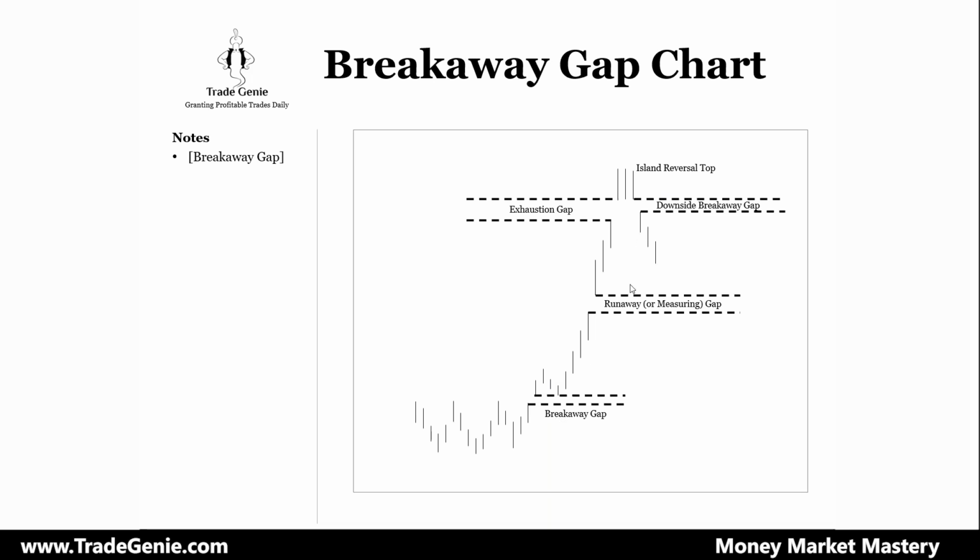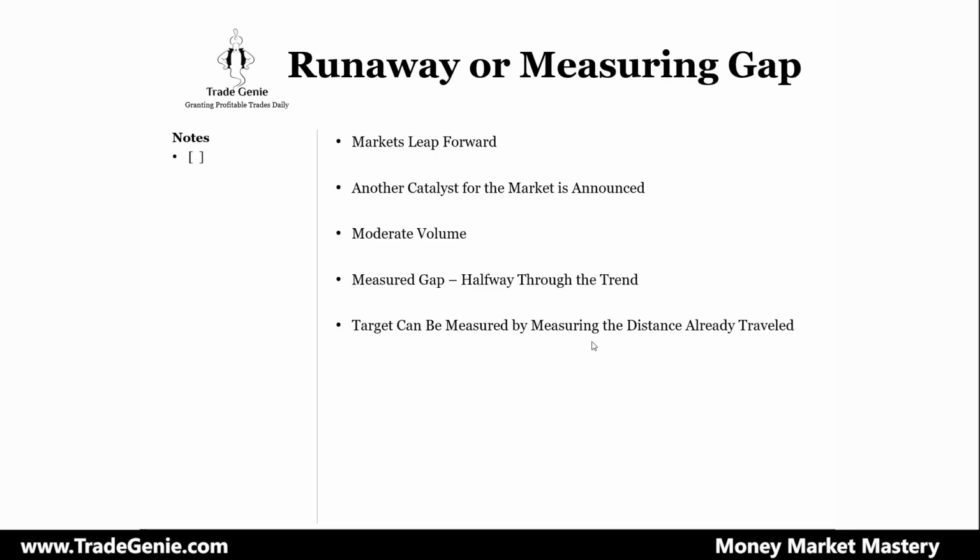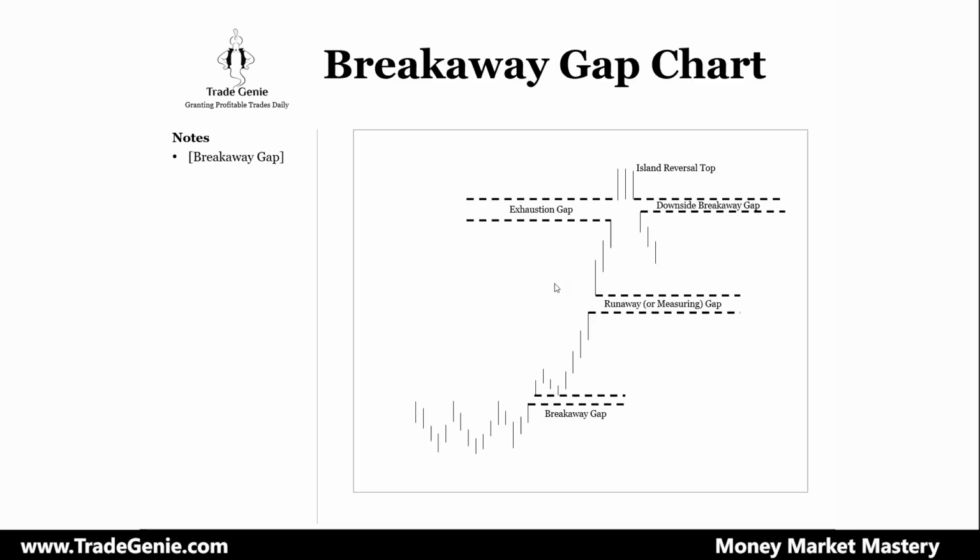Now I'll explain to you the runaway gap. It is this. The market moved up and then it's resting. So some profit taking is happening, and the market has established a strong uptrend. You can see it on the chart, and then it does another leap forward. So another move up. The market is still positive. So another gap occurred. Look at the volume again. So there's another second chance. The market is moving up.